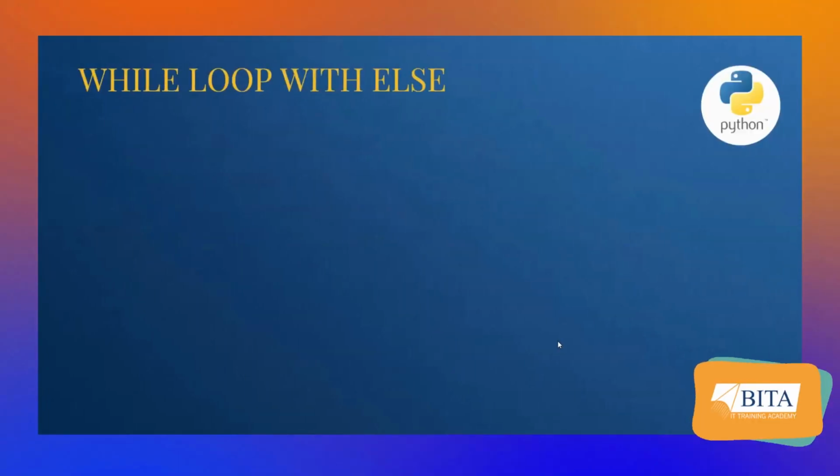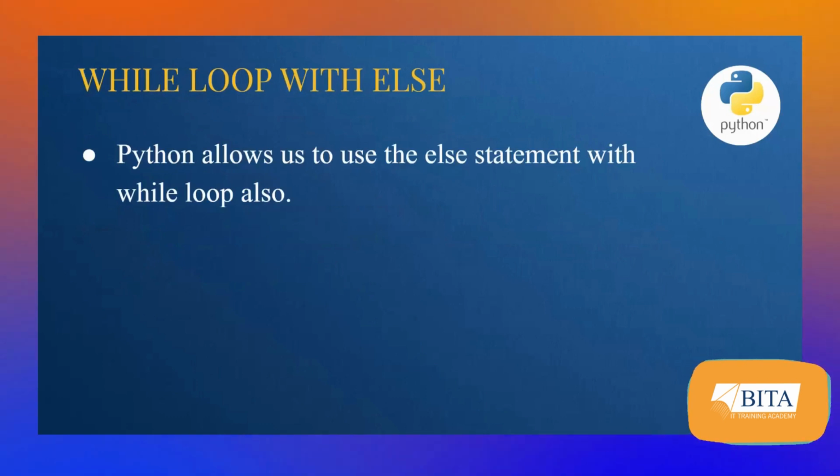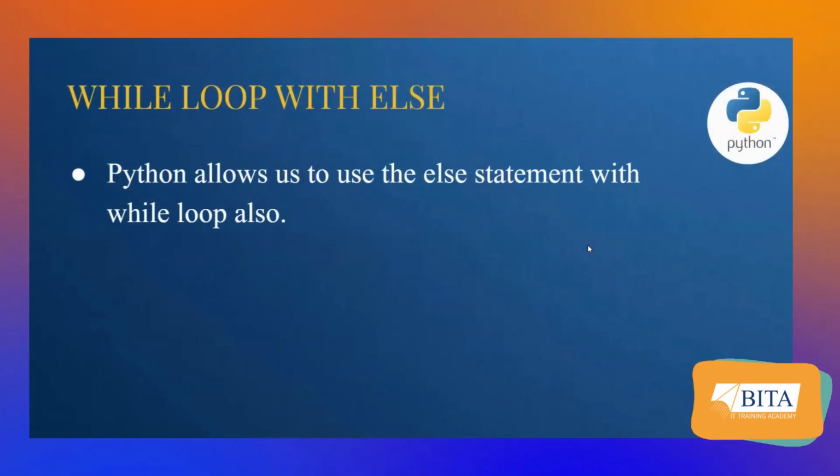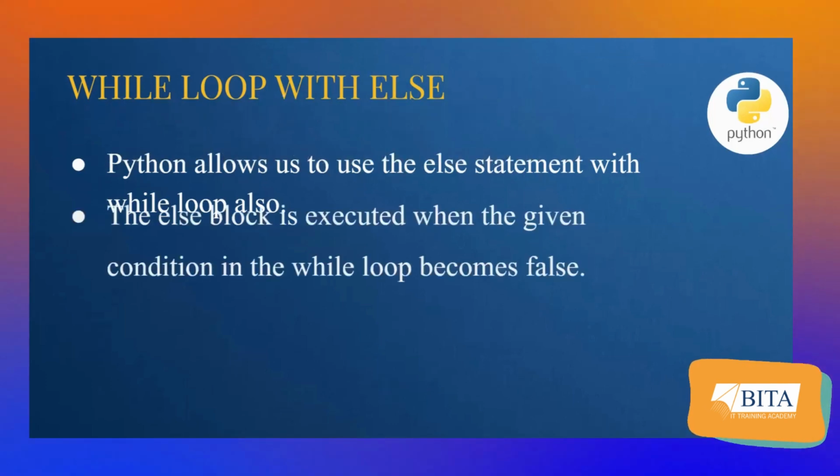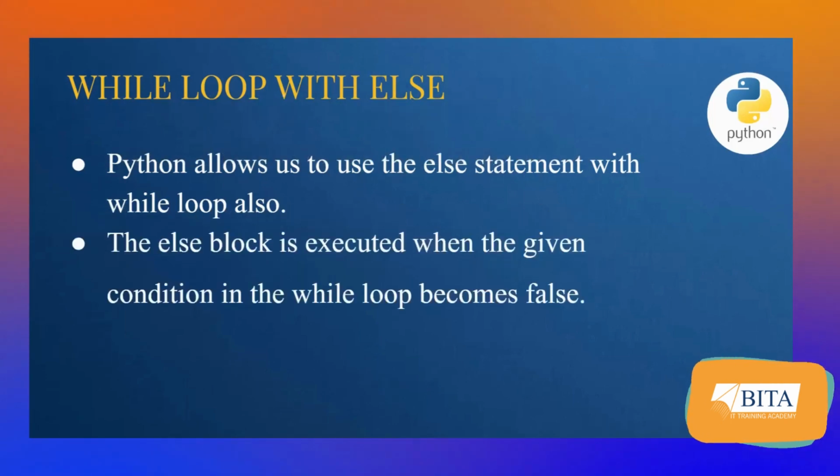We'll see what else is with the while loop. The else is a keyword used with the while loop as well. When will the else part be executed? Python allows us to use the else statement in a while loop. So we can use the else also in the while. Once it has executed all the conditions in the while statement, after that it will go to the else block. For example,